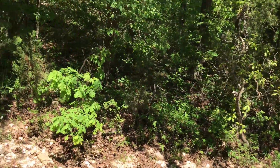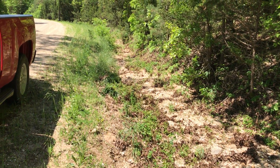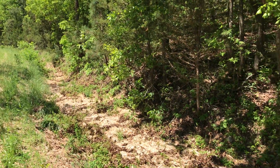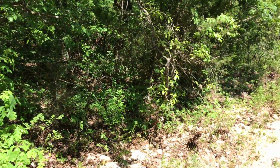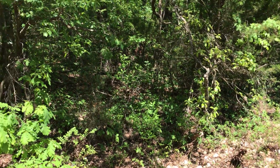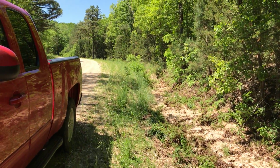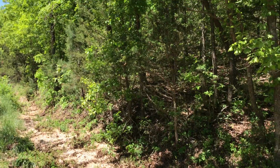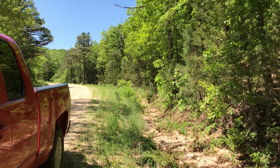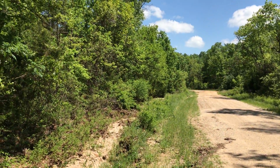You can see there is this kind of shallow ditch here, and this has quite a bit of road frontage, so there are different spots where you could put in an approach. But we're here toward the northwest side, and across that little ditch, it's basically level onto the property and then starts to slope up. As we look to the south on the road frontage, there are some parts where it slopes up a little more steeply, so you might have to get in a skid loader or something to do an approach or a driveway there. But here where we are, kind of on the northwest side,